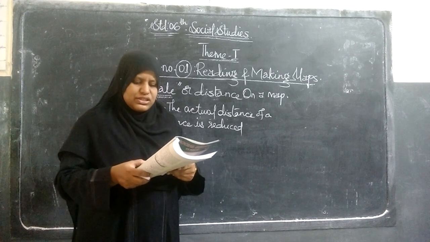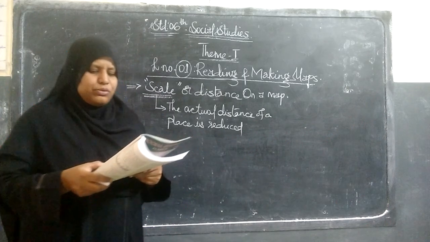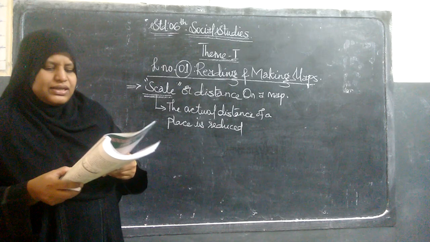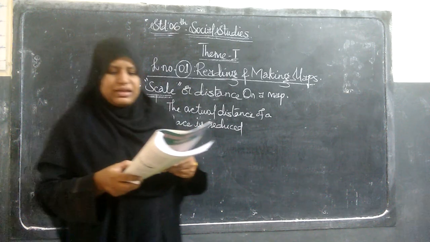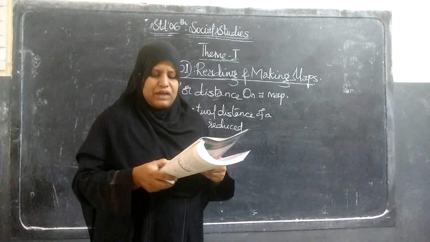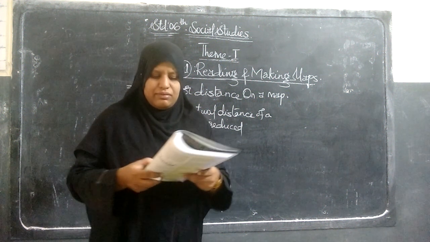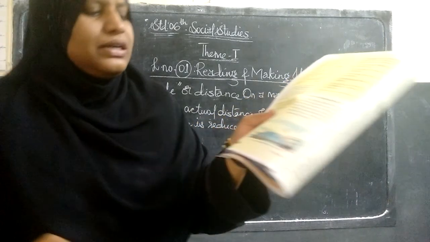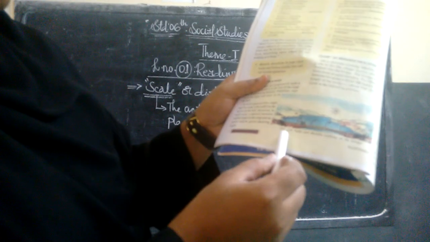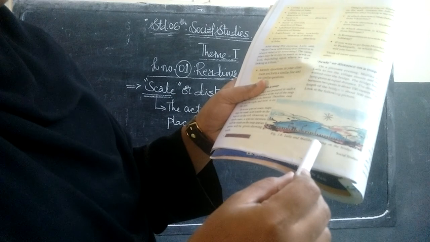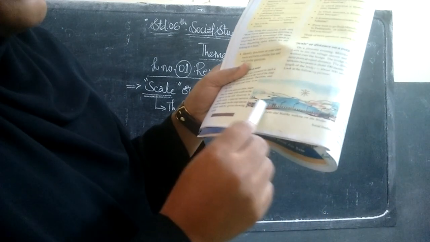They walked over the bridge. The bridge has 6 lamp posts at equal distance. The distance between two posts is about 100 meters. The length of the bridge is about 500 meters. Look at the following picture. So this is on page 4, figure 1.4, Laila and Malika walking on the bridge.